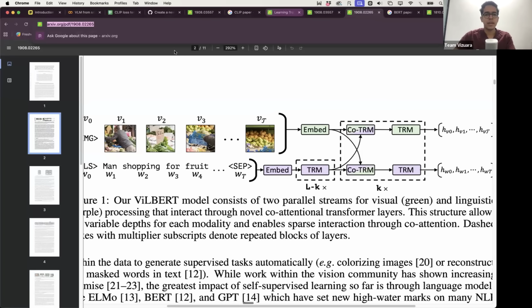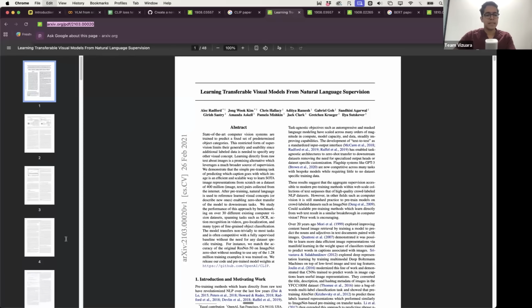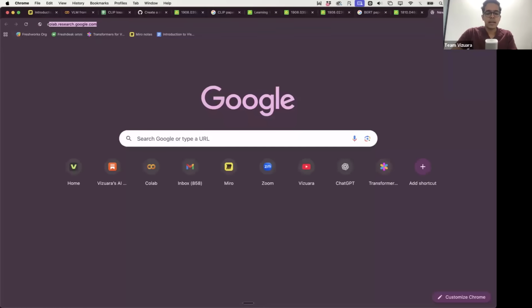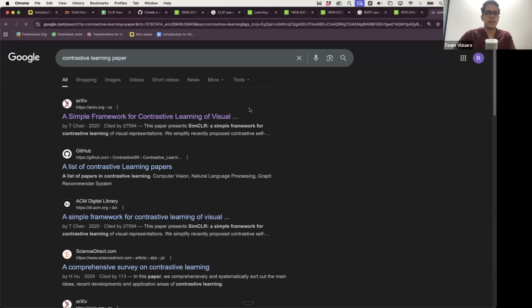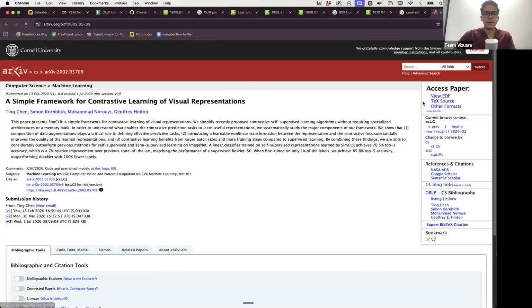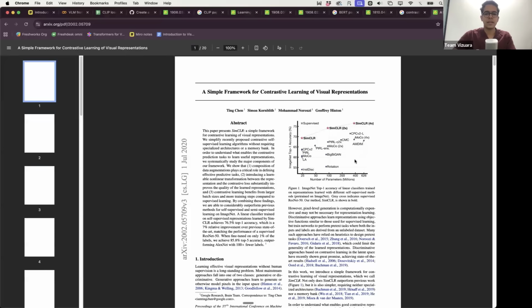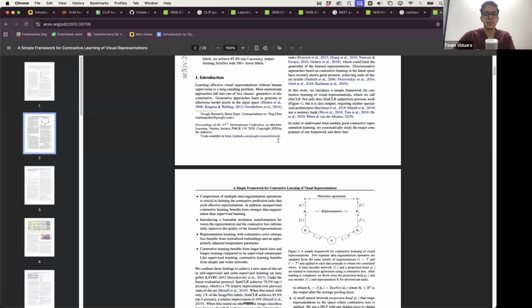And last, fourth, you can read the CLIP paper. CLIP is actually written in very nice, easy to understand language. Only thing is it's a little bit lengthy. Other than that, I don't have any issue. But in CLIP, they use this idea of contrastive learning. This is another paper. I don't think you need to learn contrastive learning from the paper. It's not really necessary. But I'm just showing you this paper in case anyone is interested. This contrastive learning of visual representation, what they introduced was,